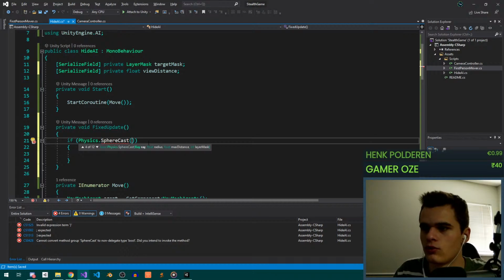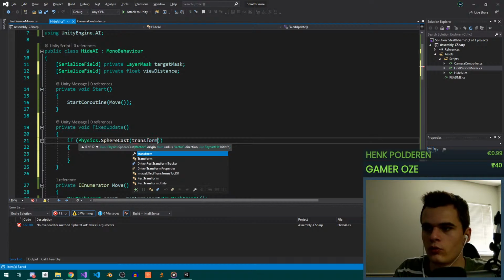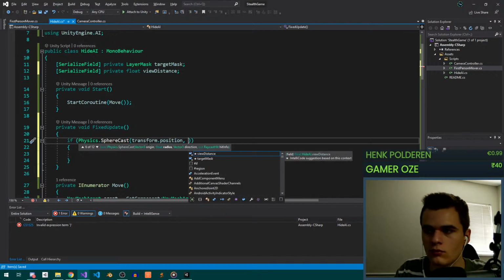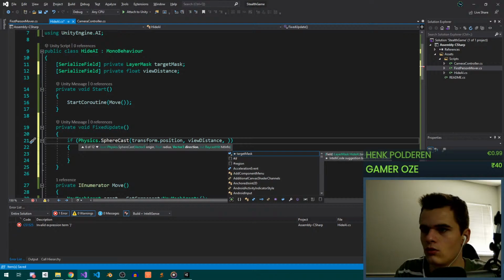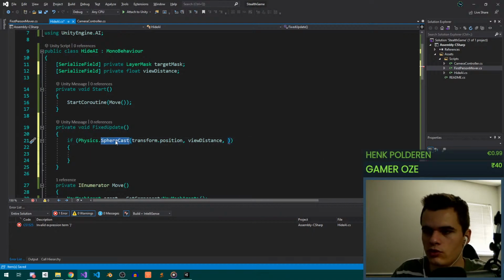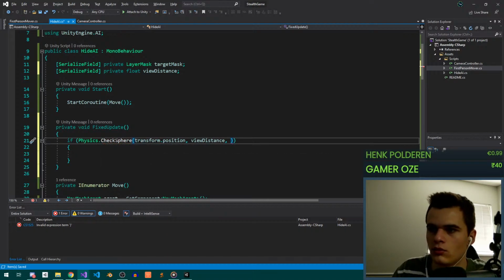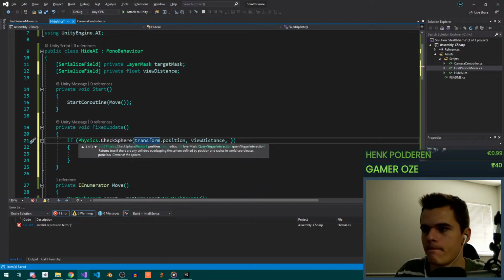What do I... Okay. Method needs an origin, so it's form.position. Radius will be view distance. Wait. No, we don't want a sphere cast. We want a check sphere. Okay, so this won't give us the...